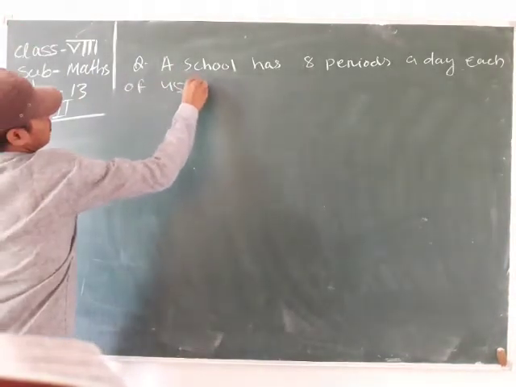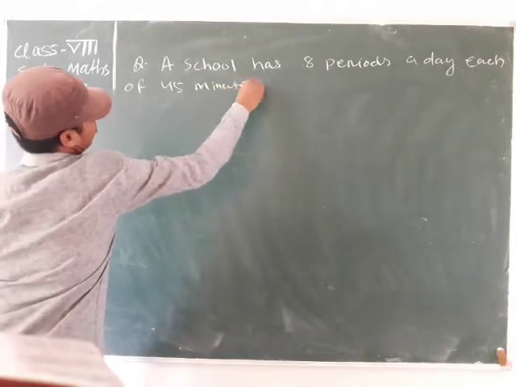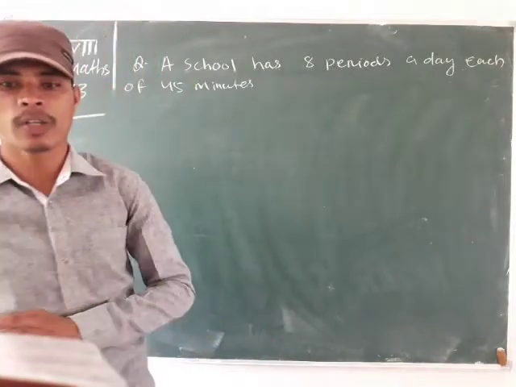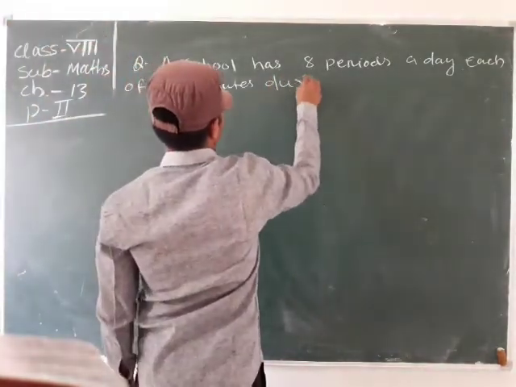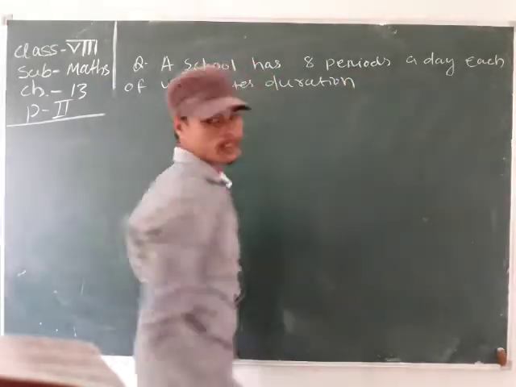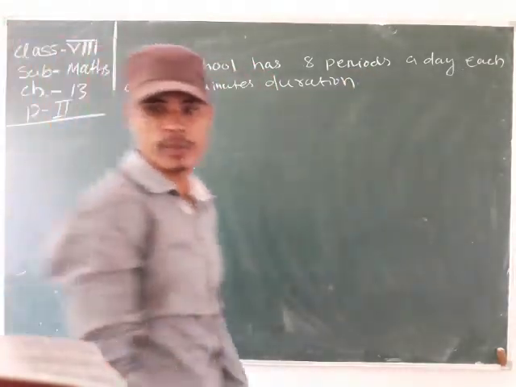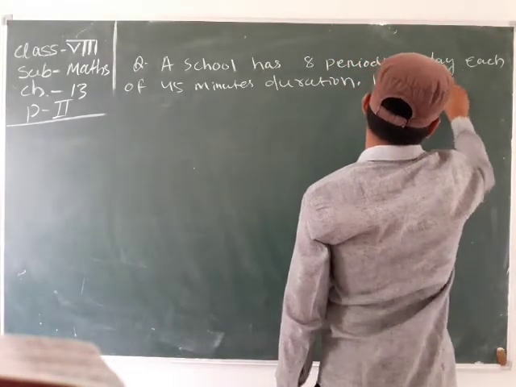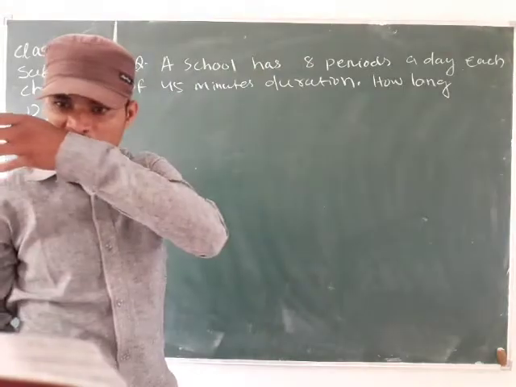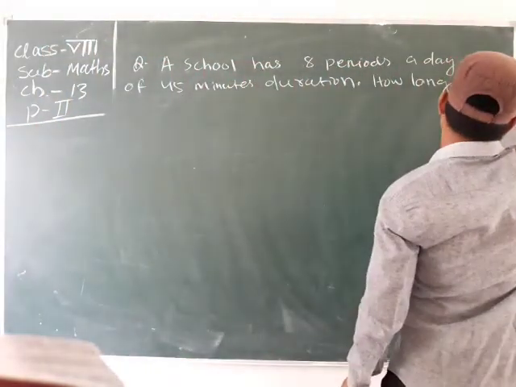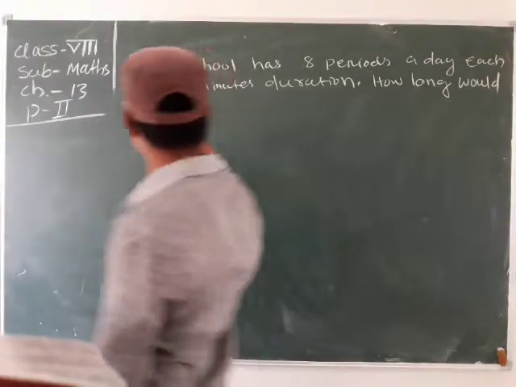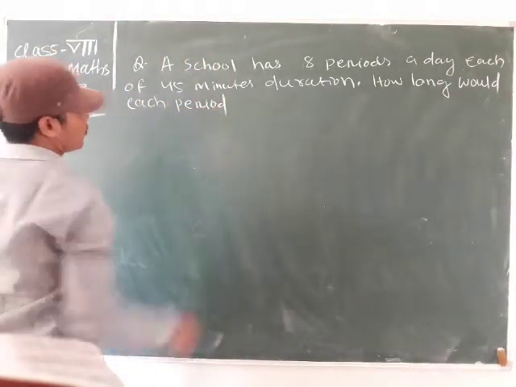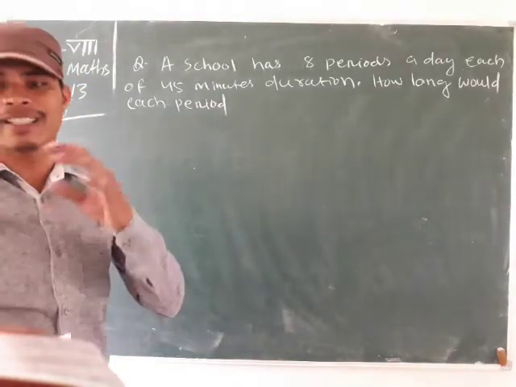That means in our school there are 8 periods, and each class has a 45 minute duration. How long would each period be